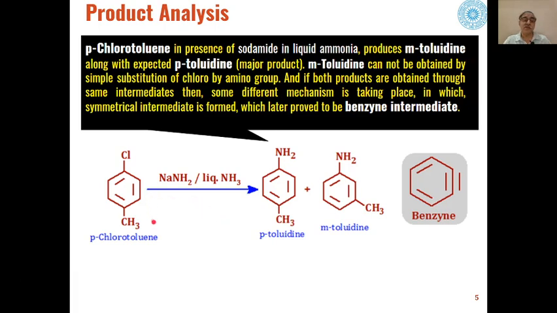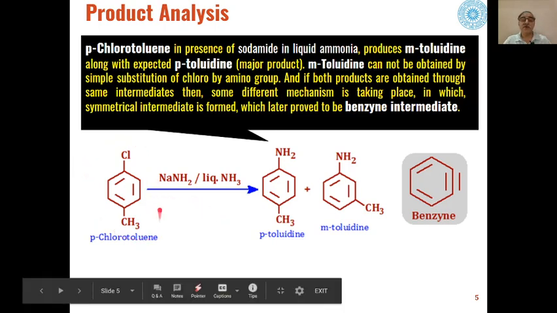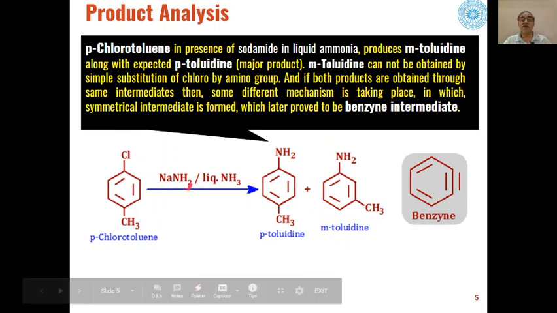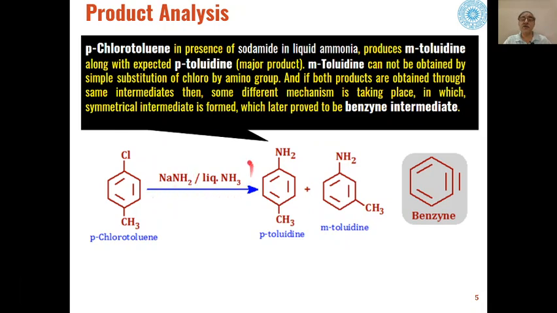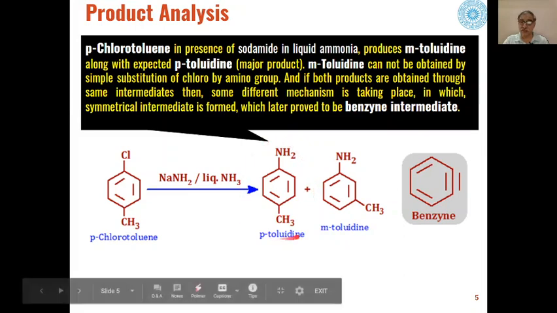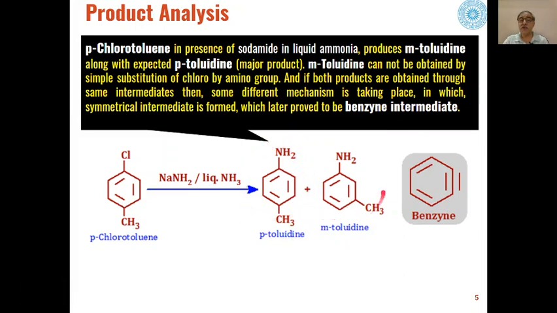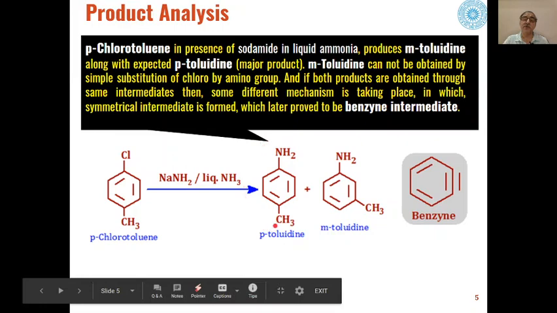Another example is parachlorotoluene. When this is reacted with sodamide, which is a strong base, in liquid ammonia as the solvent, then we will get these two products, paratoluidine and metatoluidine. Now if we think that this is simply a nucleophilic substitution reaction, then the normal product would have been para product only,